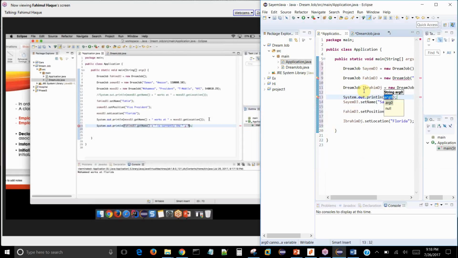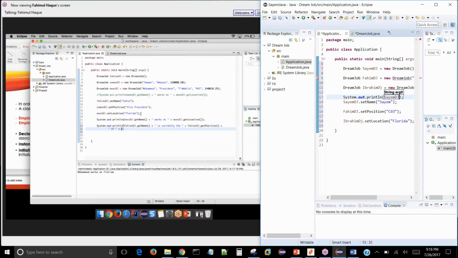So we're going to say fahimDJ dot get position, and then we're going to concatenate it again. So it's saying Fahim is currently the, and it's going to get my position, which is going to say CEO. Then I'm going to say of